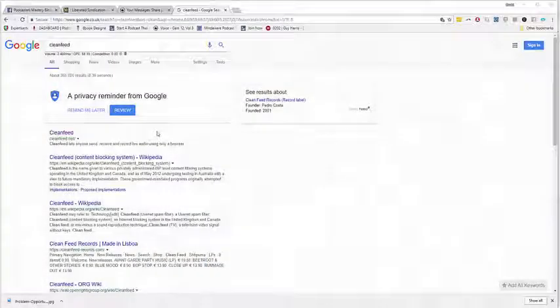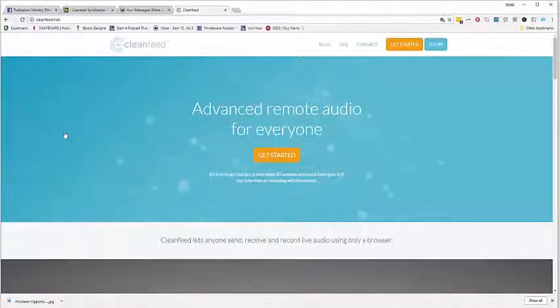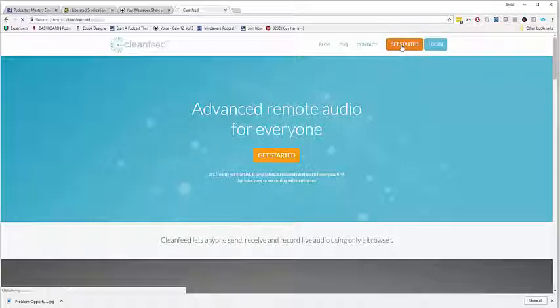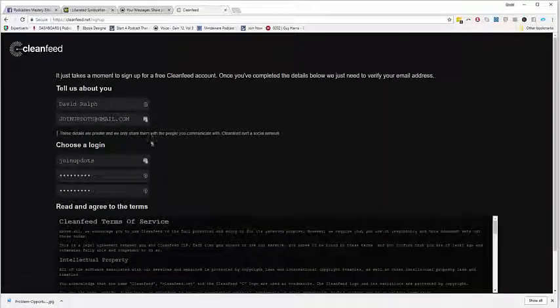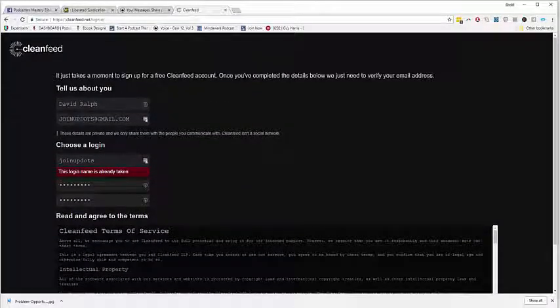Right, okay, so if you go over to Google, and as I say, it is a Chrome browser this thing operates, and you'll see Cleanfeed, CLEANFEED.net, and I'm going to click on that, and you do need to set up, but it's very, very easy. All you do is click Get Started, and just fill in your information and read and agree to the terms. You can see my details are already stored in here, okay, but that's all you've got to do. You just got to tell them the barest information, and then you're ready to go.